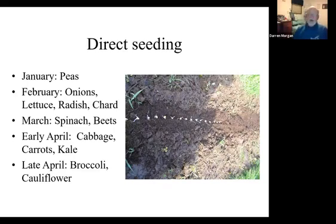So by March, spinach and beets. By April, perhaps carrots if you're ambitious and your soil texture isn't too bad. I almost never get my carrots in until May because I can't really get a decent soil texture and it crusts over too badly. The quickest and easiest germinating cole crops are cabbage and kale, and they could go in as early as April. But most other cole crops really do need to wait until the very end of April,